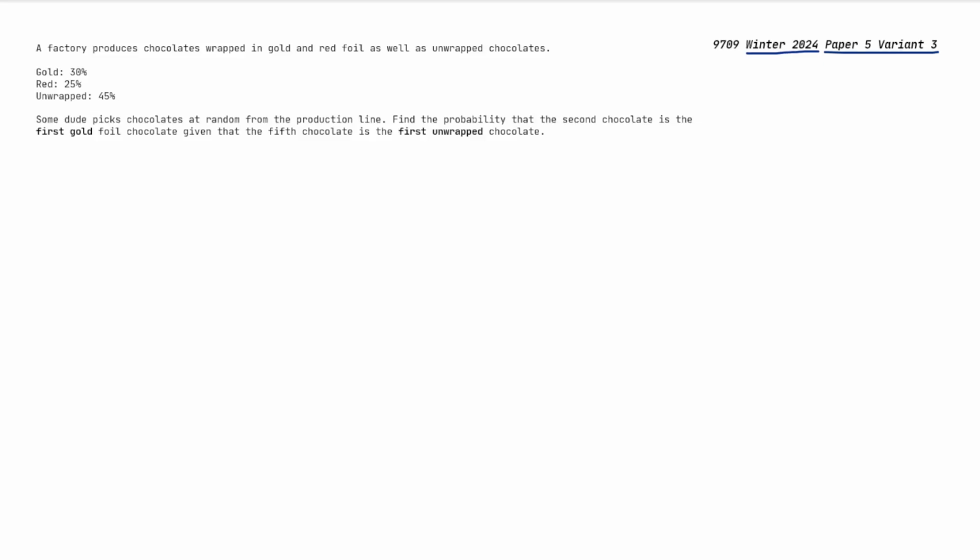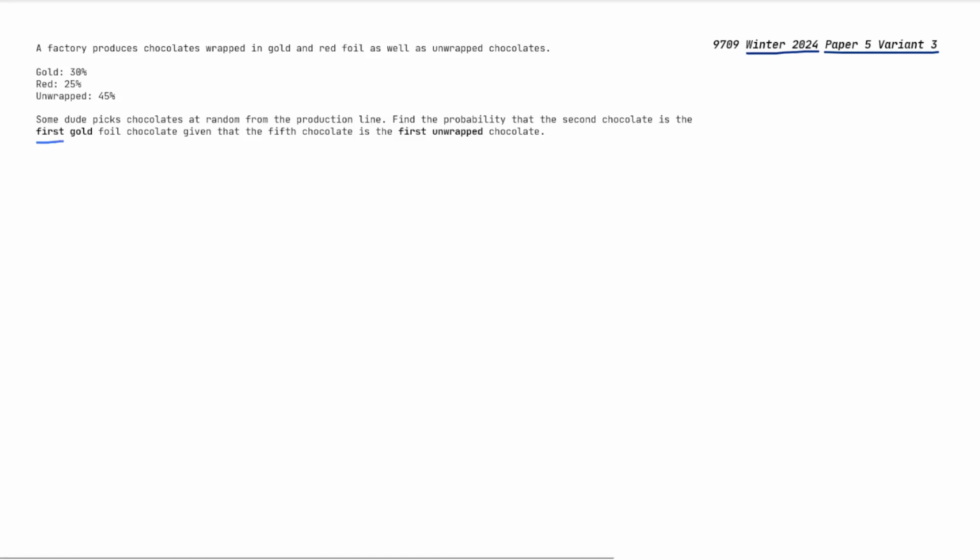So a factory produces chocolates wrapped in gold and red foil, as well as unwrapped chocolates. The probability of getting gold is 30%, red is 25%, and unwrapped is 45%. Now this question isn't word for word. The actual question is a bit different, but the idea is the same. So some dude picks chocolates at random from the production line. Find the probability that the second chocolate is the first